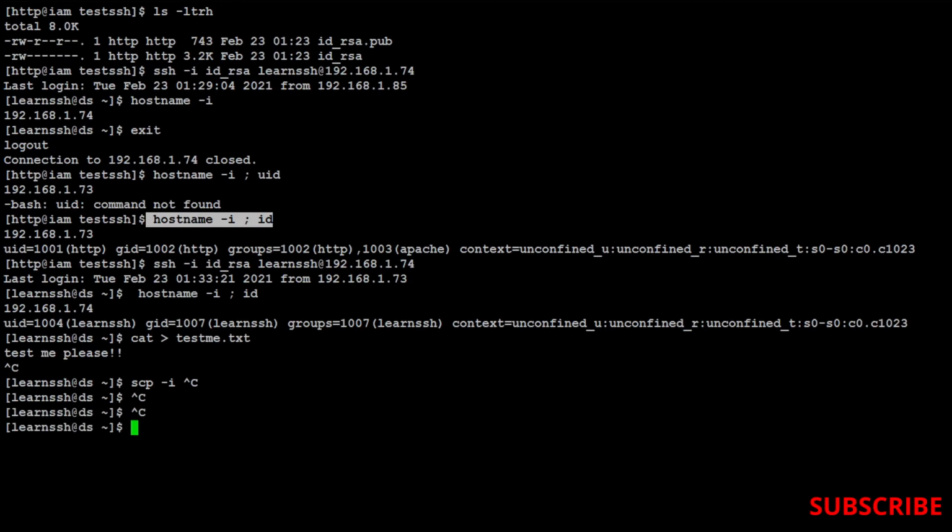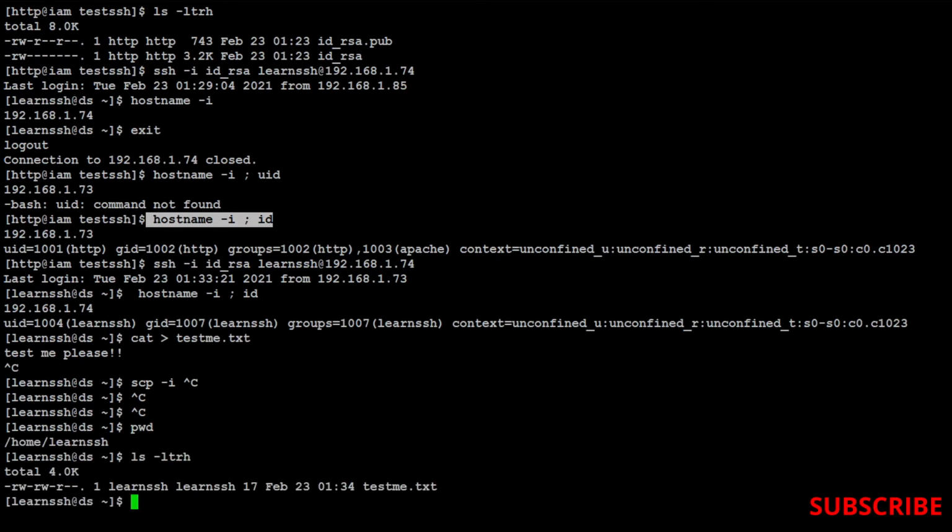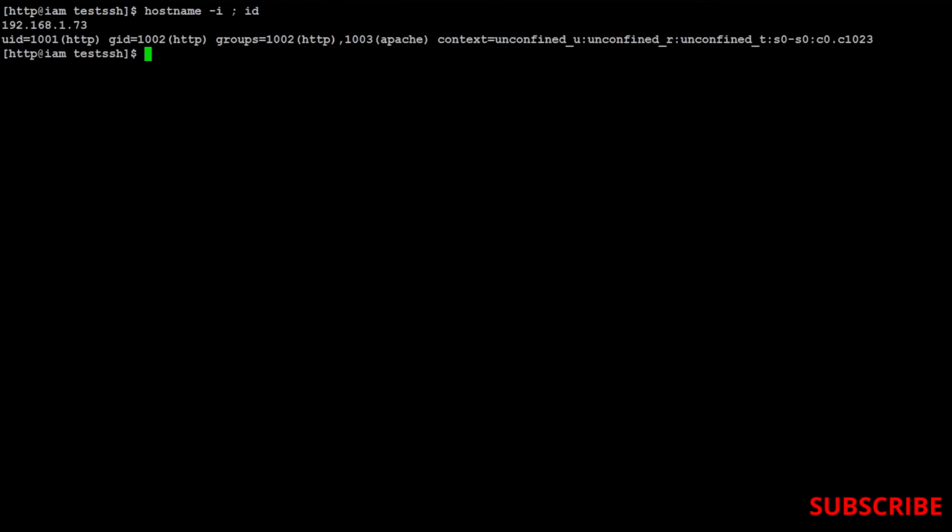Oh sorry, I have created this file using learnssh. So right now if you will see testme.txt is there, so let's remove it. Okay, now exit. Now you are on the source machine 1.73.